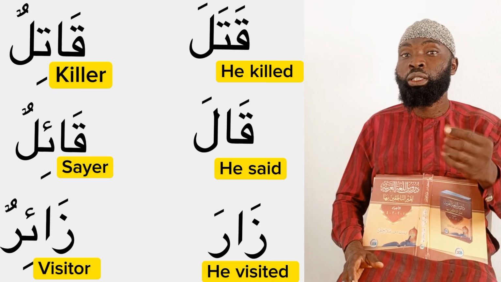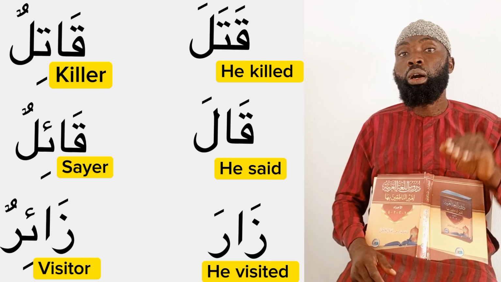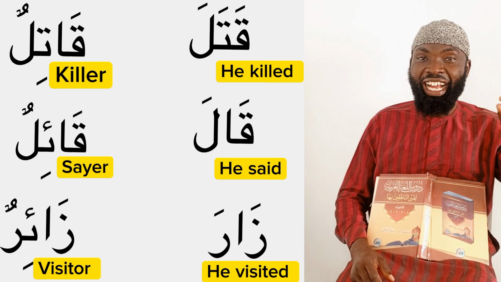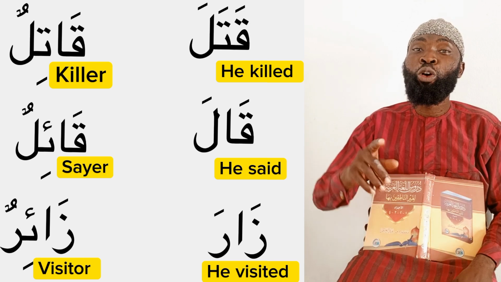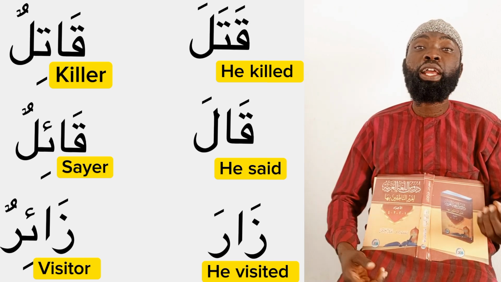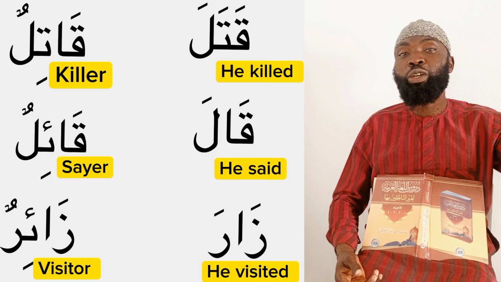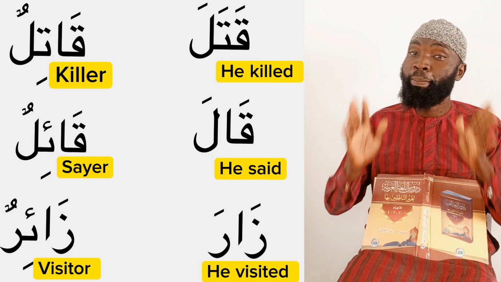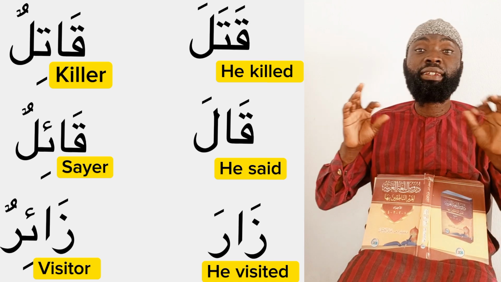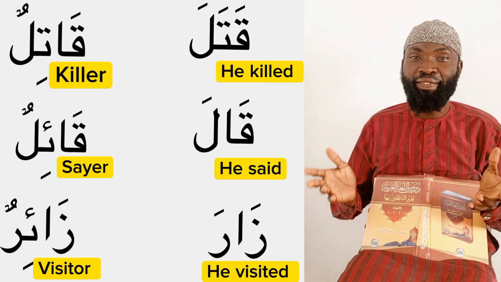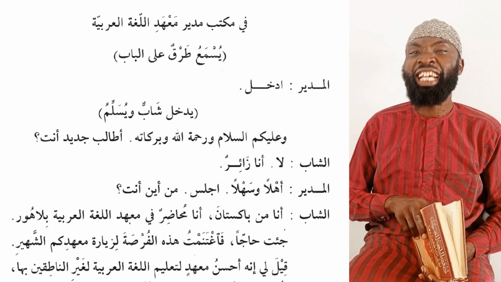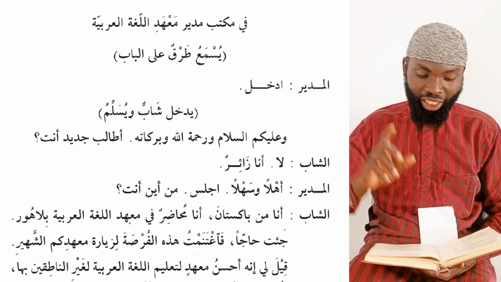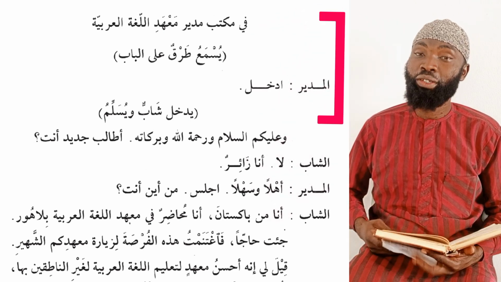Like when we have the word qatala, he killed, qatilun, the killer. Now from the word qutila, he was killed, he becomes maqtulun, the one who is being killed or who was killed. This you will understand better if you click on the link above, because we had treated this topic extensively. MashaAllah, as we move on in our lesson from the book Durus al-Lughat al-Arabiyyah, you shall learn all of these perfectly, inshallah. Now we are on ad-Dars al-Khamis.